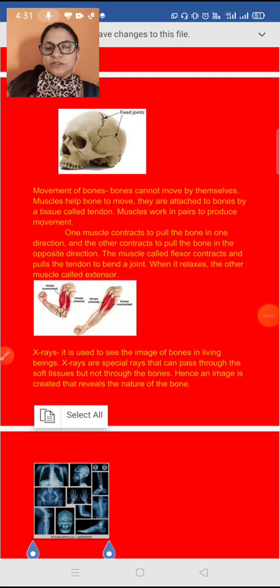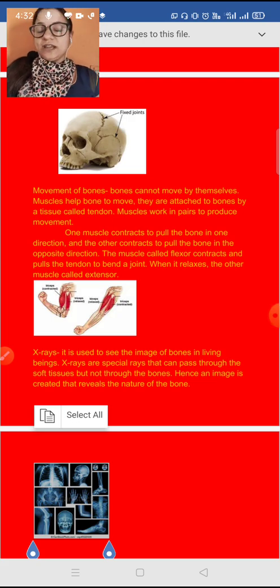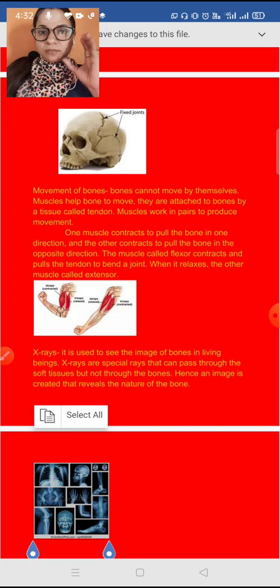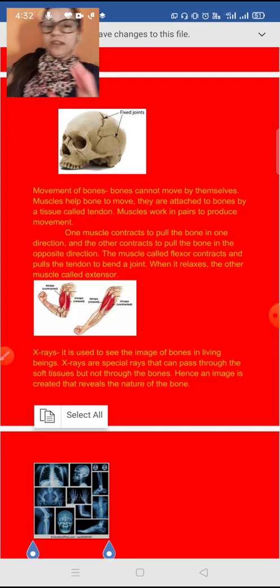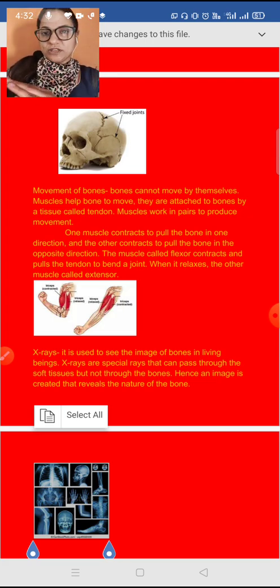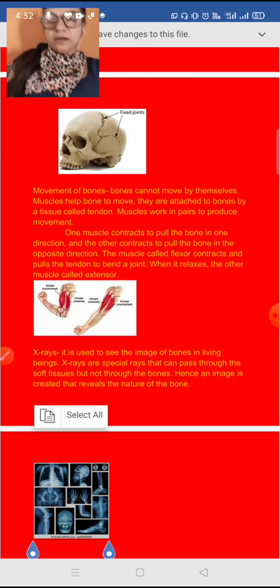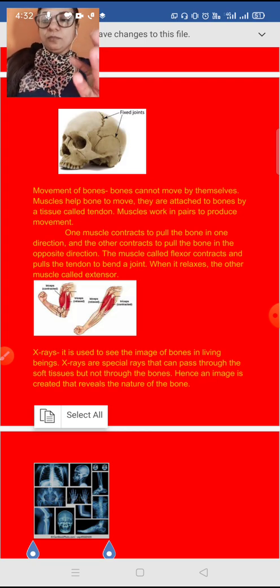Movement of bones. So children, I told you that bones and muscles help us to move our body, right. Children, bone cannot move by itself. Bone अपने आप मूवमेंट नहीं कर सकती है. The muscles are a very important part in the movement of bones. So muscles also work in a pair. Muscle also cannot do work singly. Muscle cannot do work to move any bones alone. They also work in pairs.